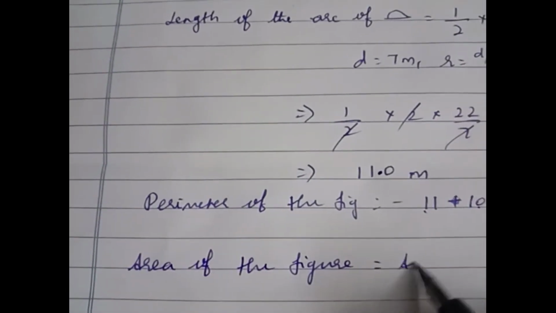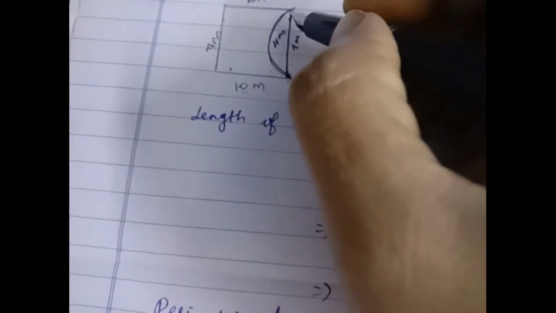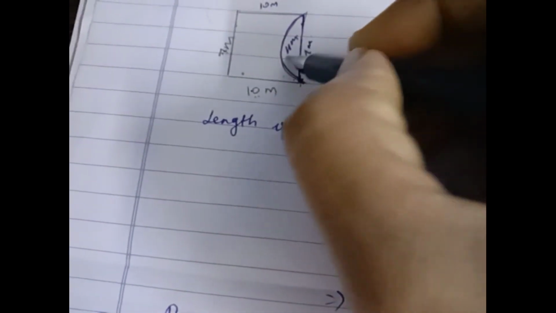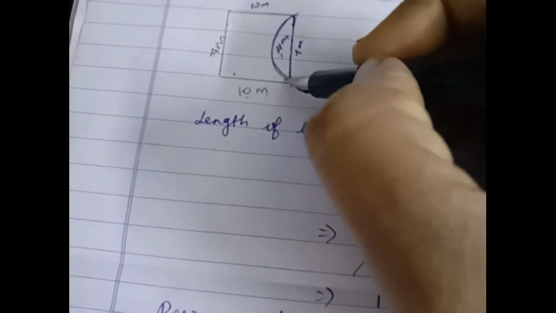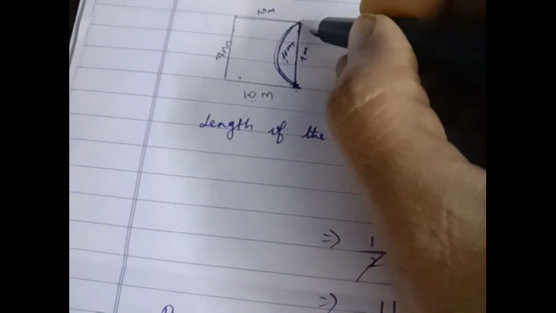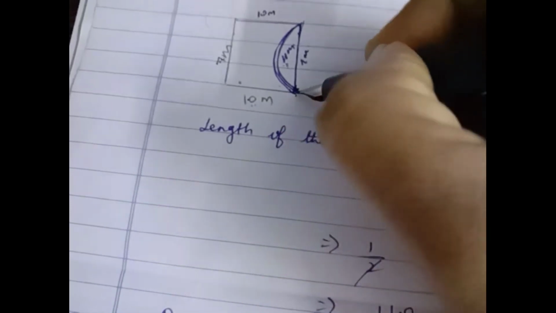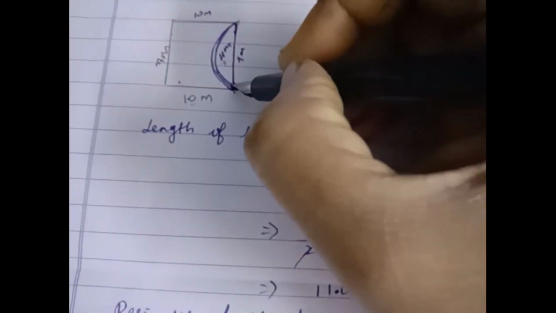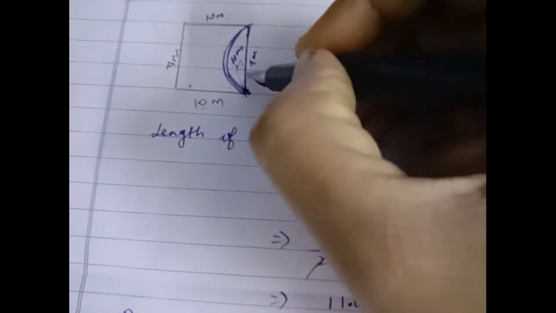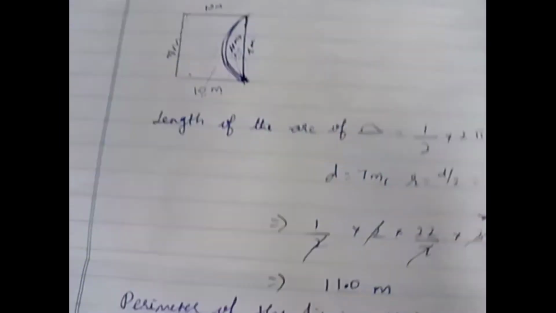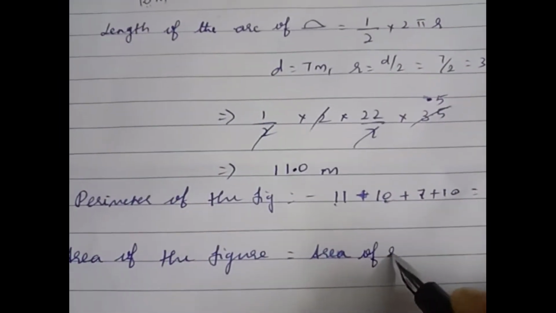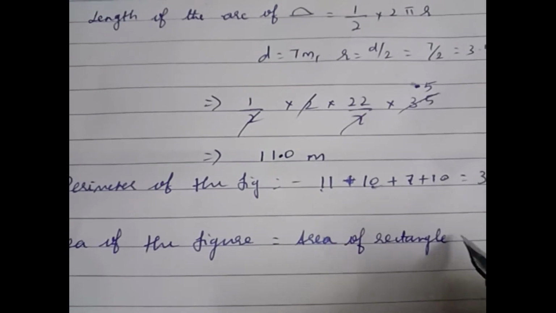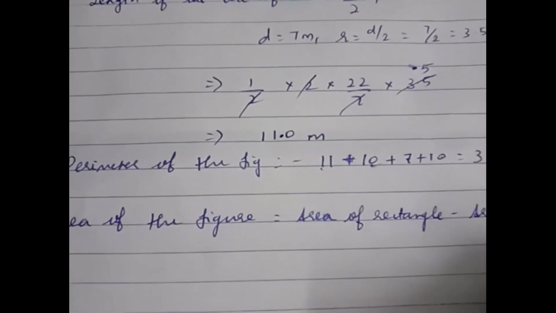Area of the figure is equal to, if you see the figure, you will get the rectangle minus area of the semicircle, because in the figure they have given only the arc. So you have to minus this semicircle to get the area of the closed figure. Area of rectangle minus area of